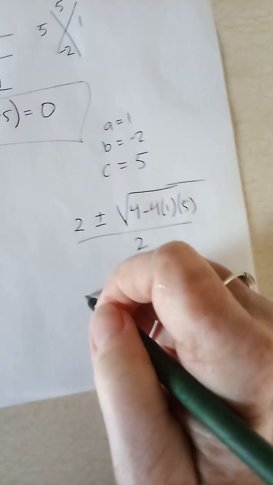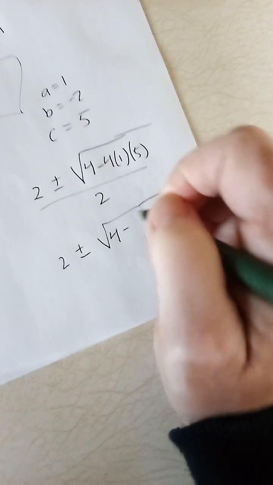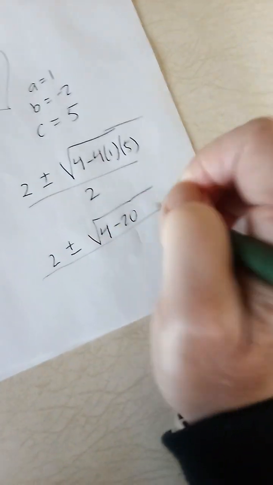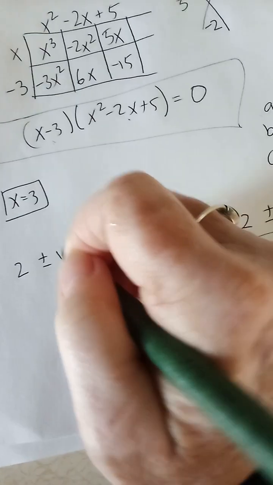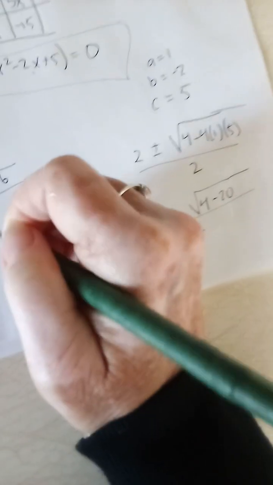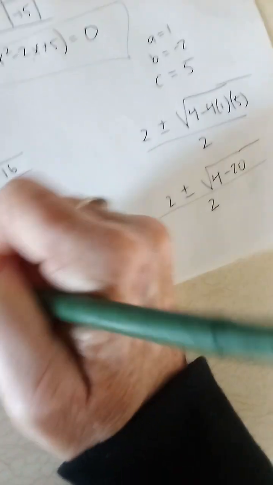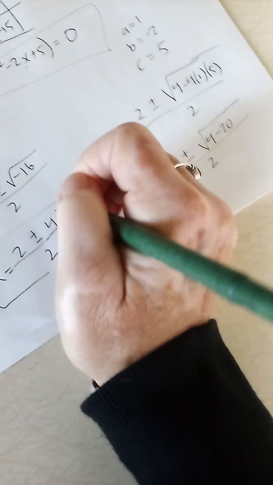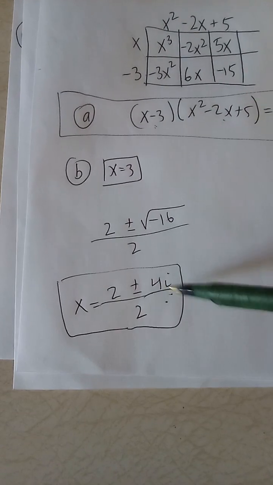That gives me 2 plus or minus the square root of 4 minus 20, all over 2. 4 minus 20 would be negative 16, so that gives me 2 plus or minus 4i, all over 2. So these are the two answers. Well, there's really three answers. There's a positive here and a negative on this bottom one, and then that's